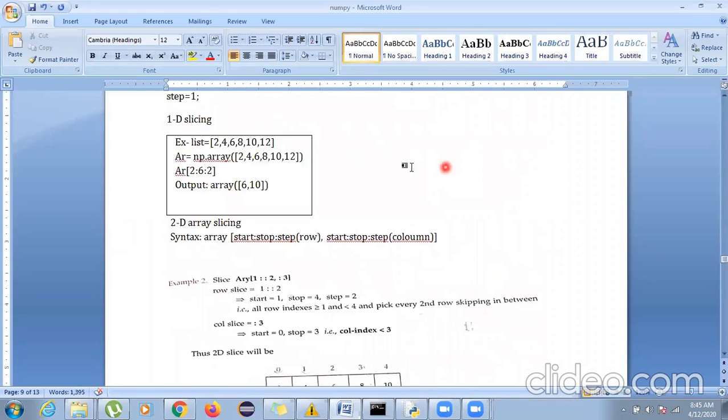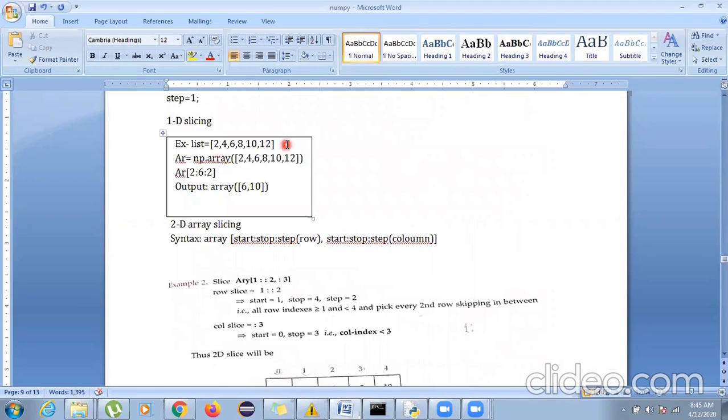Okay. Now see, in the example we already have a list which we have converted into an array, and now we want that array AR to be sliced as 2:6:2. Now 2 is what we have as the starting index. So 0, 1, 2. 6 is our position, so we have to end before 6. The positions are 0, 1, 2, 3, 4 and 5. Sorry, 6 is the position, that means the element is 6. 1, 2, 3, 4, 5, 6. So before 6 we have to end, that is your 10.